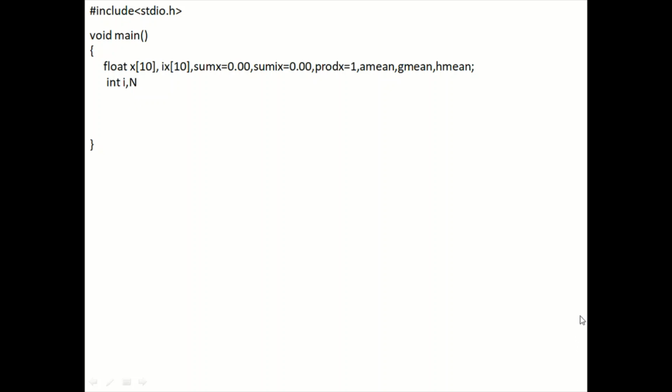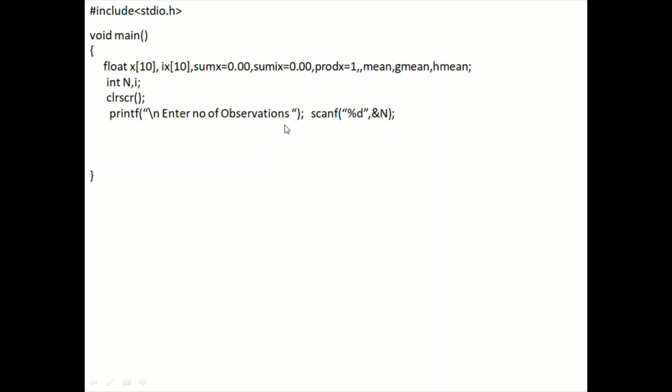Okay. So now moving further, clrscr. What does this do? This will clear the screen. Make the screen blank and the cursor will go and stay in the first line of the screen. So next, printf enter observations. So on a computer screen, a message is prompted stating enter number of observations. Means what? How many values are going to input.